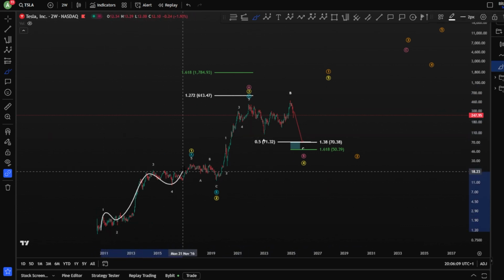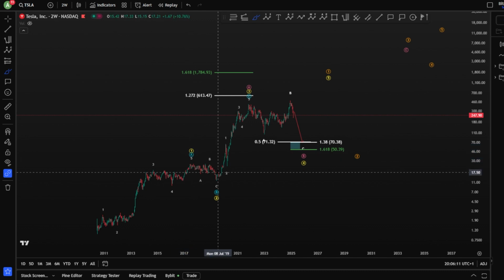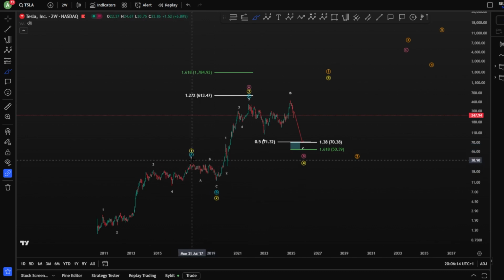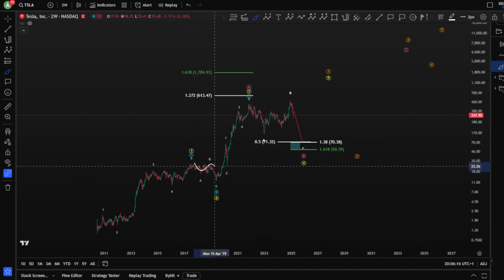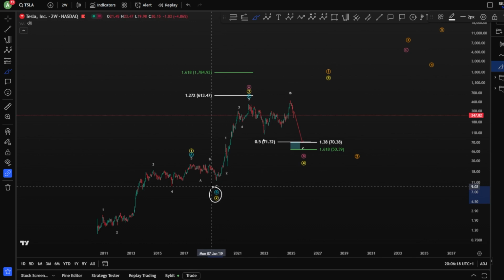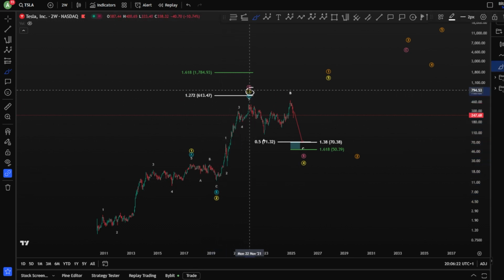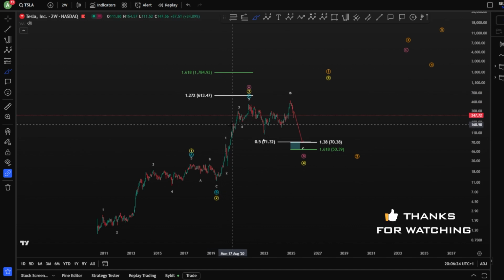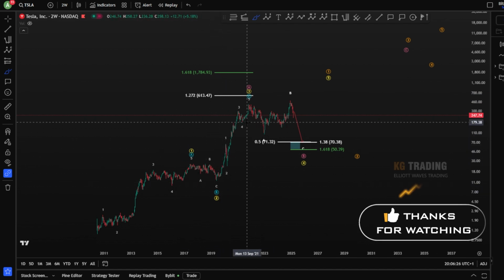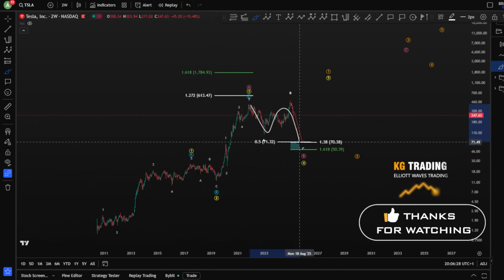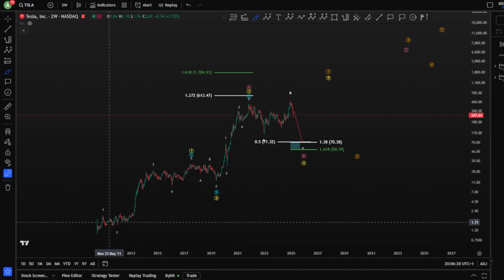So starting here, we have an impulse to the upside. We finished wave 1 or wave A. In both case scenarios, you're looking for ABC, wave 2 or wave B, and then an impulse toward the upside for a wave C or a wave 3. Currently, you are looking therefore for 3 waves toward the downside in case you finish this